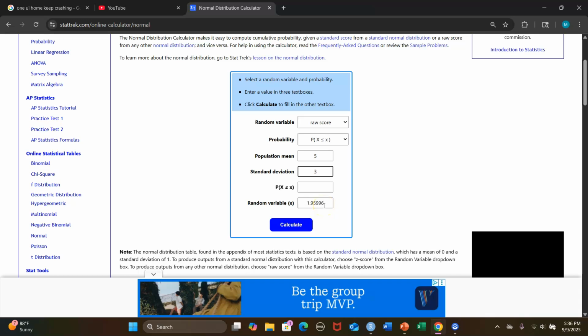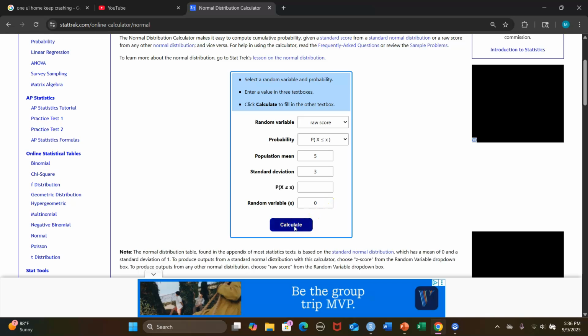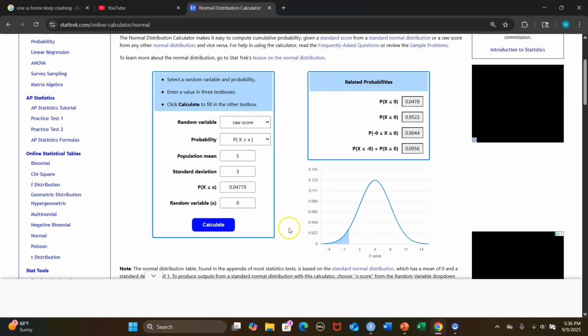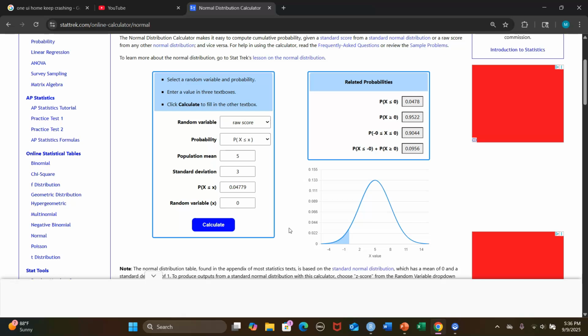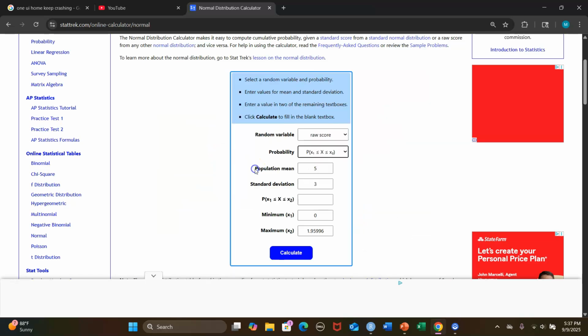you want to calculate up to 1.95996, the probability, and it gives you, it's actually quite small, okay, 0.04779, all right? And of course, there's several other ways you can calculate in between an interval, for example, here,